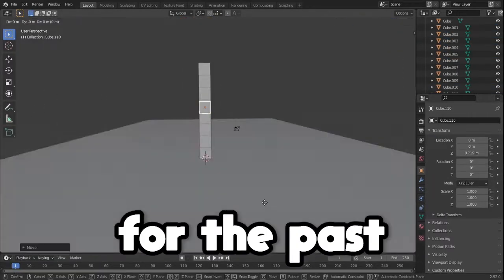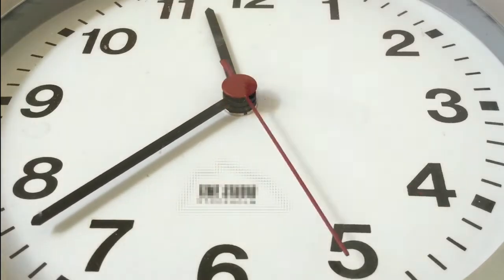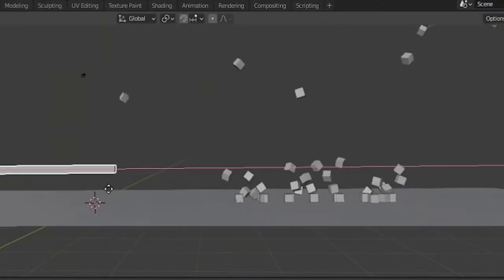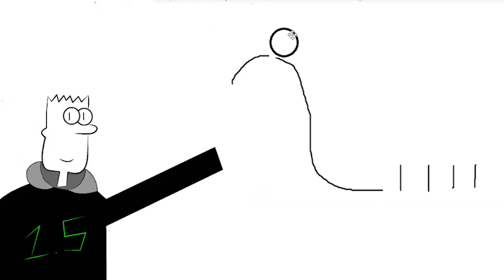So I've been doing this for the past half an hour and I've done nothing but this. Yeah, so this was a lot harder than expected, and finally, after about an hour or so, I was able to make a domino sequence. Now that I got the dominoes to work, I had to learn how to make the ball slide through the